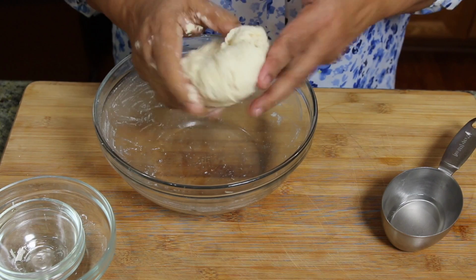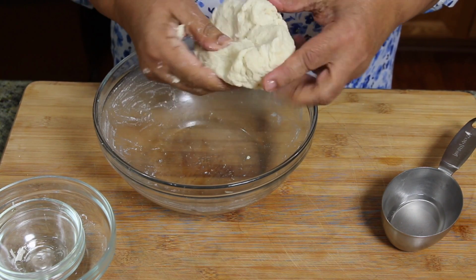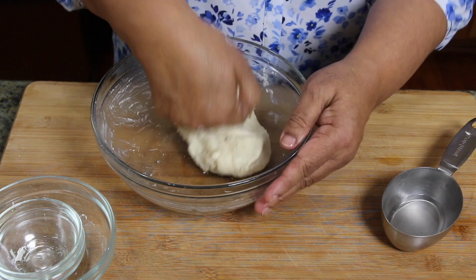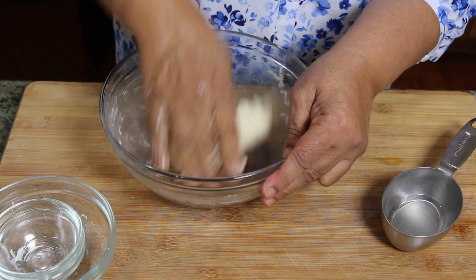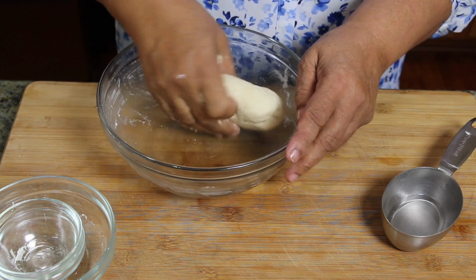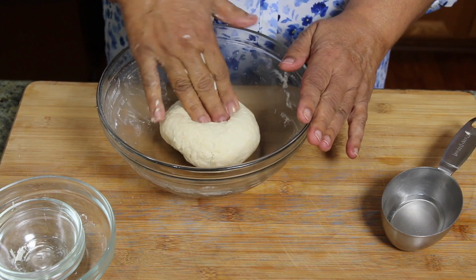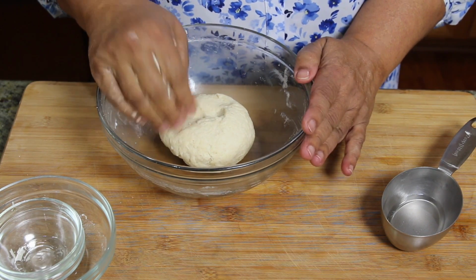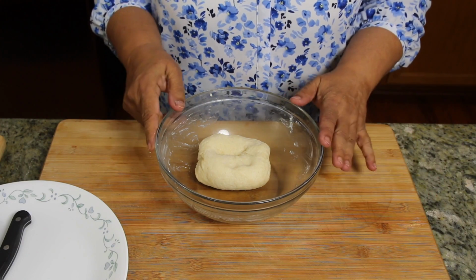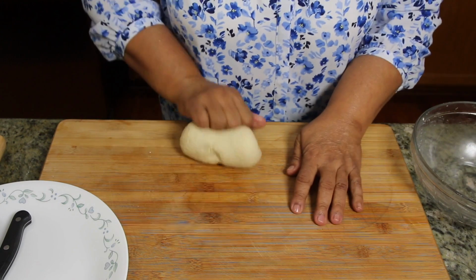So the dough is looking good. It's smooth and it's firm, but I'm going to need a little bit more. So now just leave the dough for about 15 minutes before we roll it. So this has been about 15 minutes. So I will knead the dough a little bit more